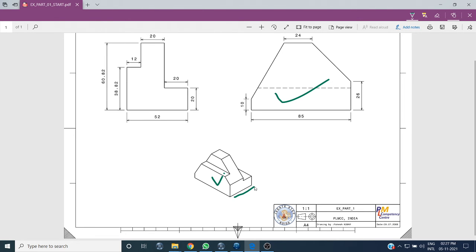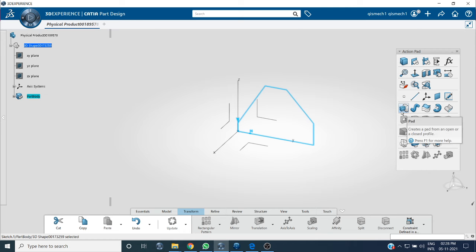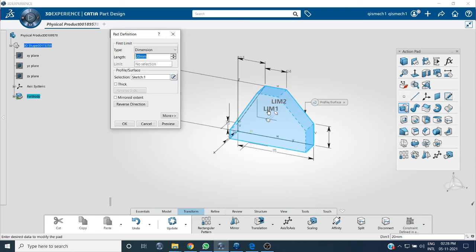So what is the length? What is this length? This length is this one. So the thickness is 52. We are going to give the thickness as pad, that is 50.